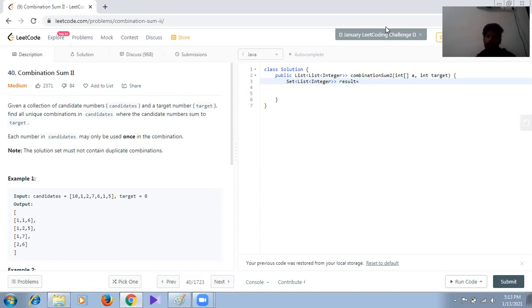How will we create the set? Using the new operator, using HashSet. What will we store in this HashSet? A list of integers. Okay, now the set is created.